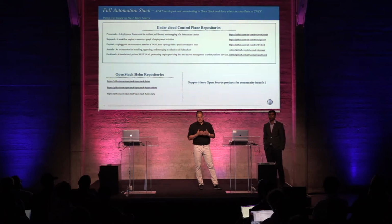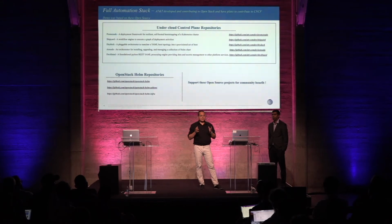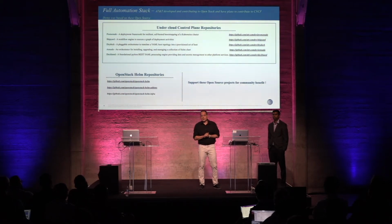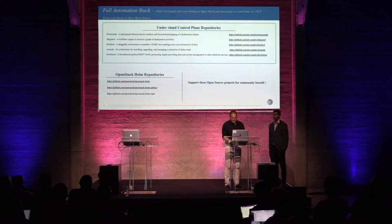We have Armada, which some of you might be familiar with, which is a way of managing the life cycle of multiple Helm charts. If you're familiar with what Helm is, a Kubernetes package manager tool. It's up in the CNCF space. Armada is a level above. It gives you a way of managing dependencies across many, many charts. And then Deckhand, which is an internal mechanism that we're building to manage interdependencies, layering, and other functions across all these YAML artifacts that come into this undercloud. I'm going to go into the demo, and hopefully we'll...